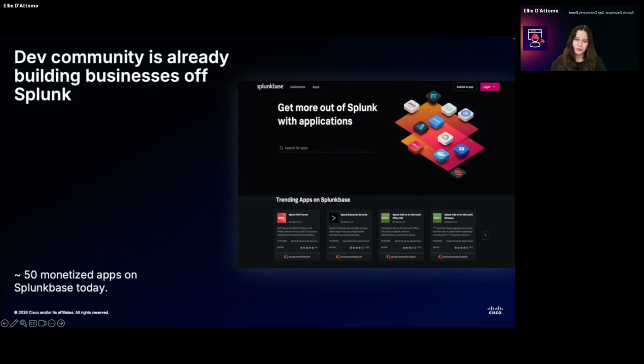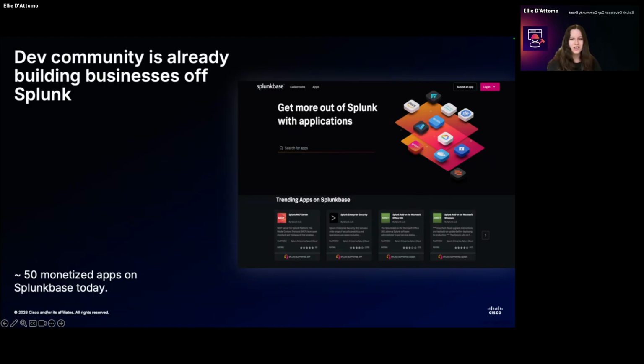If you go to Splunkbase right now, you'll find that our estimates are about 52 companies that currently have a monetized, premium Splunk app that they are selling to customers listed on our platform. All of this so far has happened organically. These developers, some of whom might even be here today, saw an opportunity and figured out on their own how to do this, how to build their business, how to acquire customers, all of that,